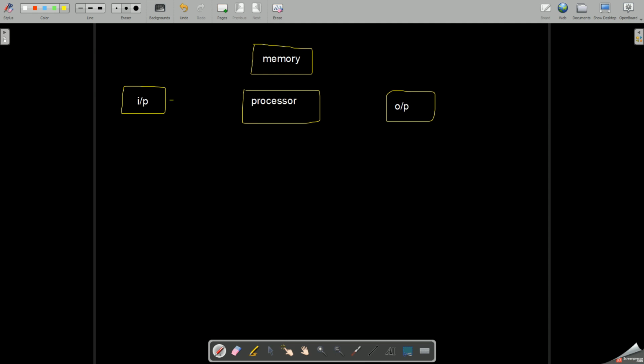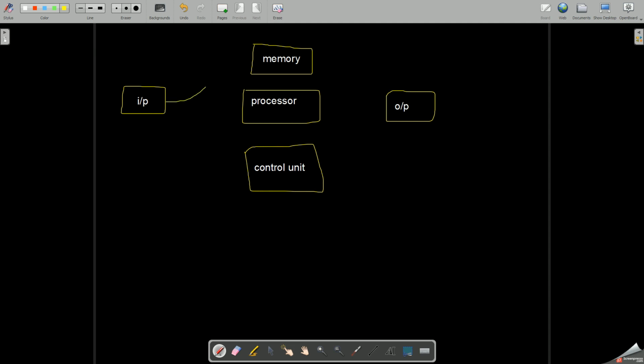So you give input. Now this input will first, one second, there is one more device attached, that is your control unit. There is one more unit. These three things which you can see. Now the control unit acts as the brain of the computer. It will tell where the input has to go. It comes from some input devices.